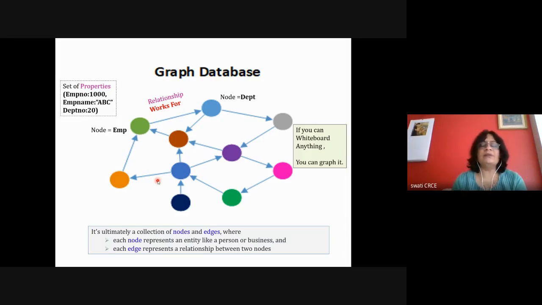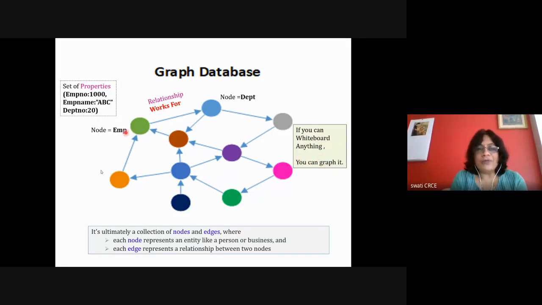But they can also be used for any application where you can draw anything with paper and pencil in the form of a graph. Whatever you can represent in the form of a graph, you can use graph databases. Any problem which can be represented in the form of nodes and edges can use graph oriented databases. If you can whiteboard anything, you can graph it.